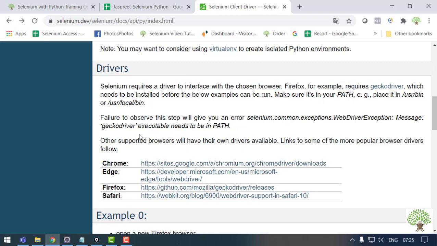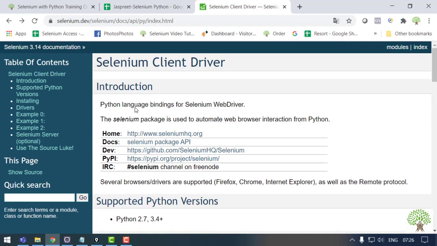I'll come to the details just in a while, but I just want to show you that if you want to read about the drivers, what they are, how will I get them, and if you want to read some information, you can just go over to this part and see, if you fail the run, what is the error and why is it giving you the error. Fine.